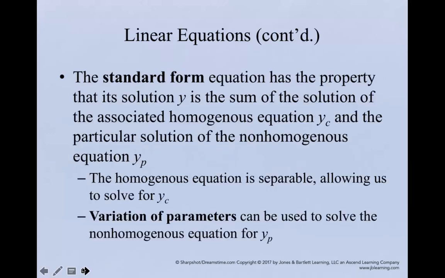inhomogeneous. So the standard form of the equation has the property that its solution is the sum of a homogeneous solution and what we refer to as a particular solution of the inhomogeneous or non-homogeneous equation, y of p. The homogeneous equation is separable, and so this allows us to solve for y of c, the solution to the homogeneous part of the equation. And then we can use a technique called variation of parameters to solve for the non-homogeneous equation for y of